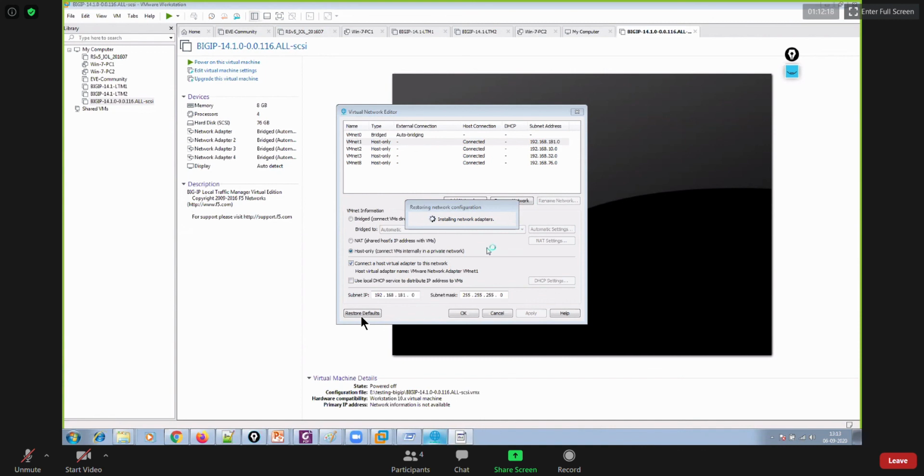And I have to provide internet reachability to check the updates, and that's what I'm trying for.